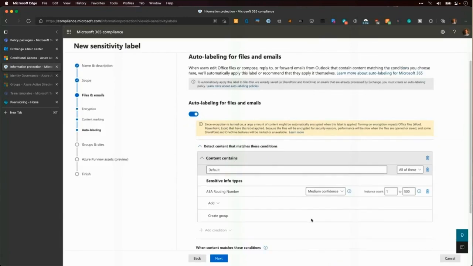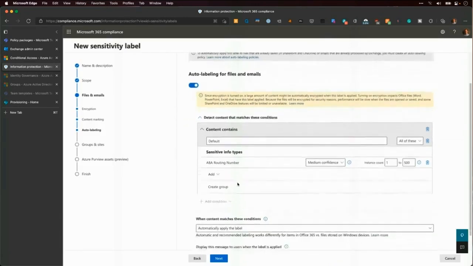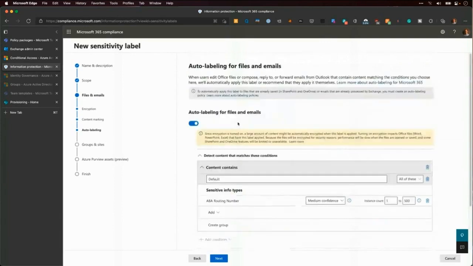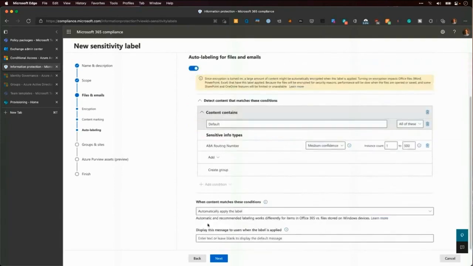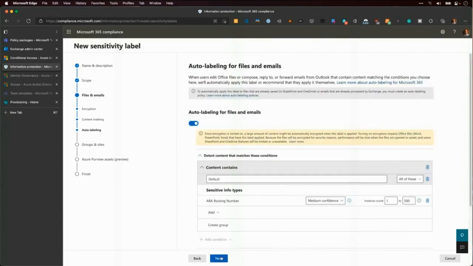ABA routing number. So if the content contains ABA routing number, go ahead and auto label this. Anything that has an ABA routing number in it gets this demo label that we're creating. So there is auto labeling. It is an additional license on top of the normal sensitivity label creation.